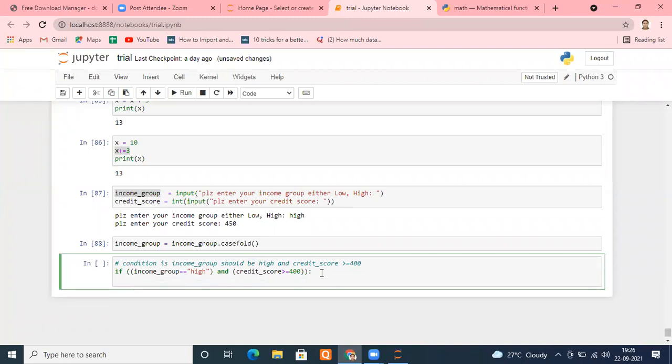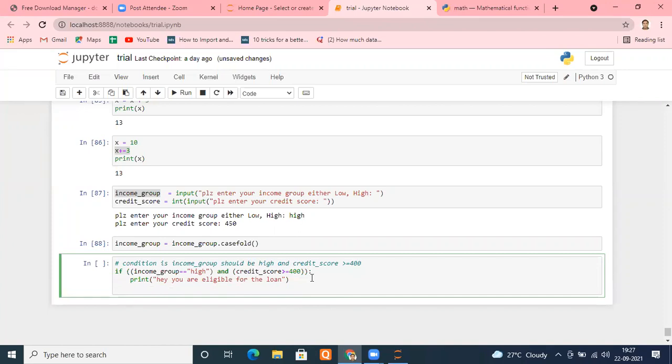If this is the case, I'll print, hey, you are eligible for the loan. If the condition fails, then I want to type else. If I type it here, it will come inside the if, but I don't want that.